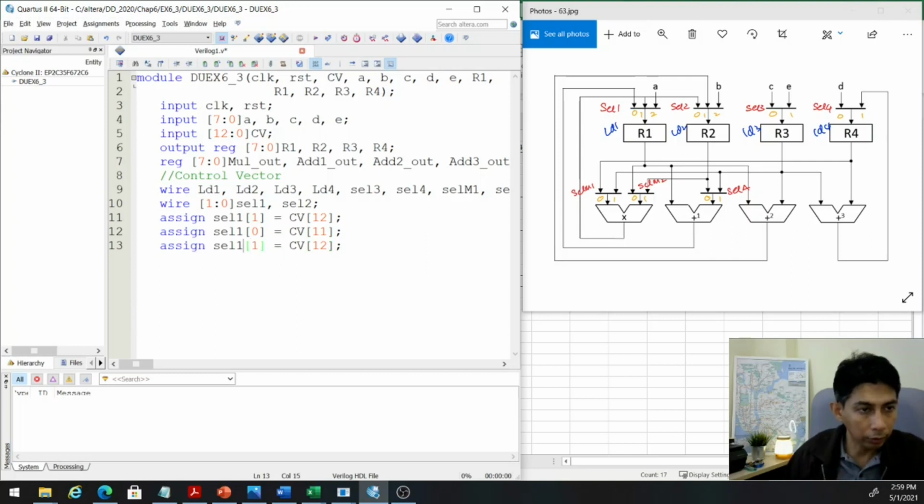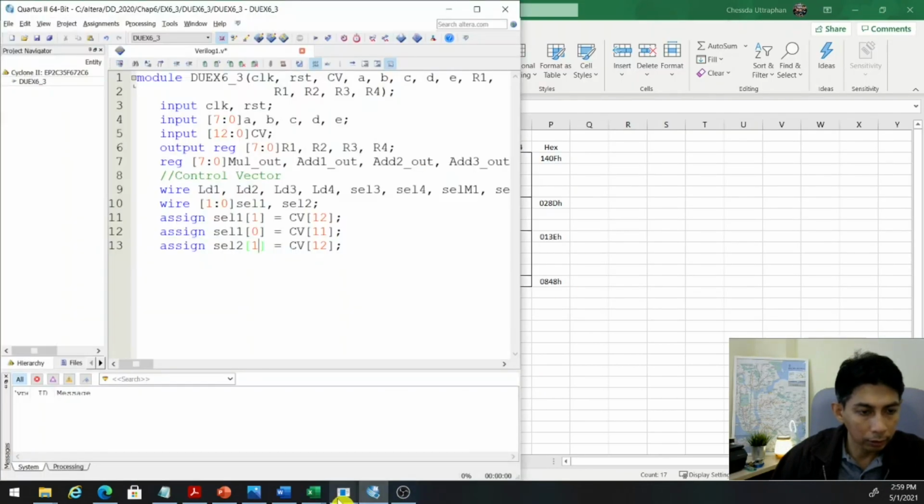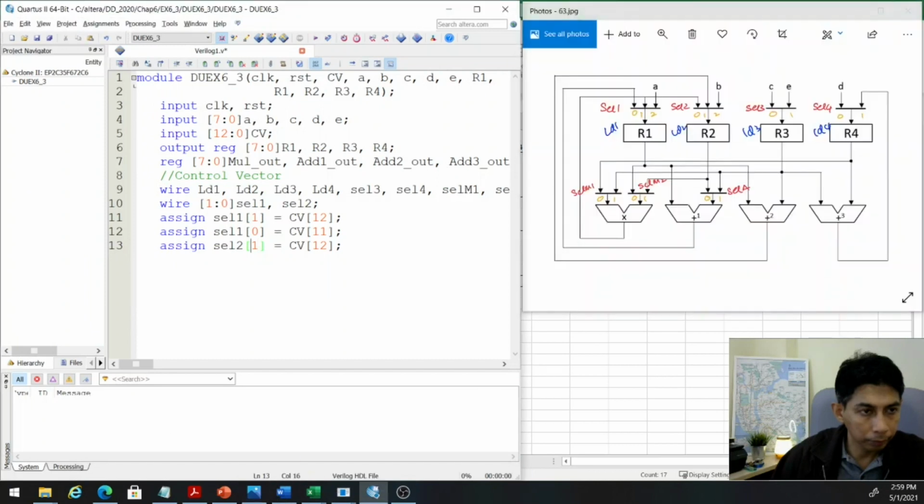And we have SEL2, just like this, SEL2, bit number 1, which should be bit number 10 in this case, and we have SEL2 bit number 0, this is 9,